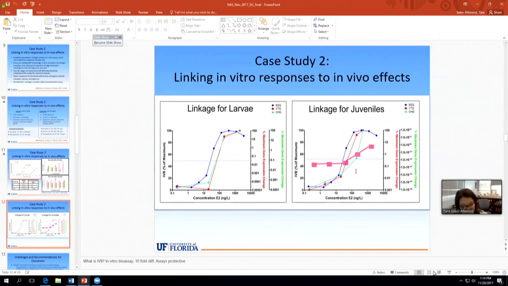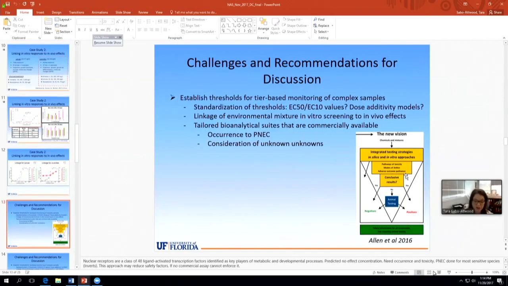So based on the information shared from these case studies, it's clear we're making great strides and inroads moving towards utility of these assays for monitoring complex environmental samples. But there are several areas where we need to focus efforts on such assays so they can be considered to inform regulatory practices. And so one can think about bioanalytical assays being integrated in some kind of tiered framework, say, for example,